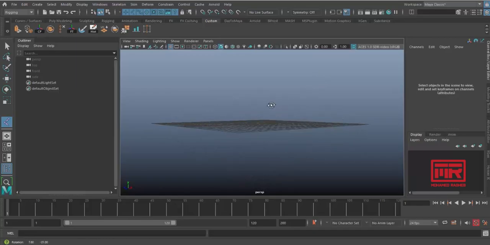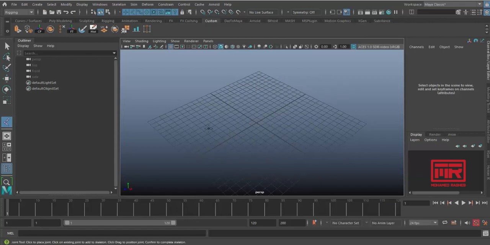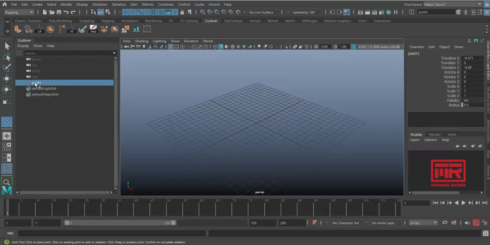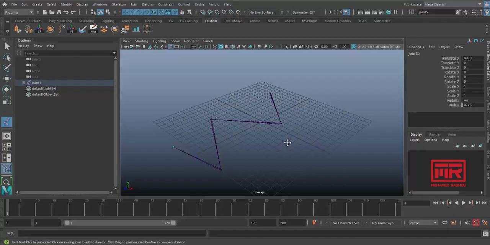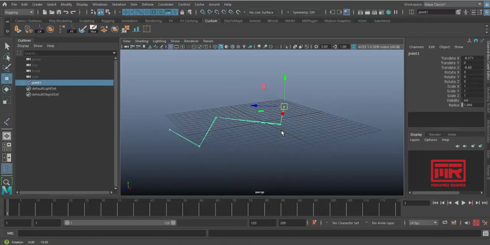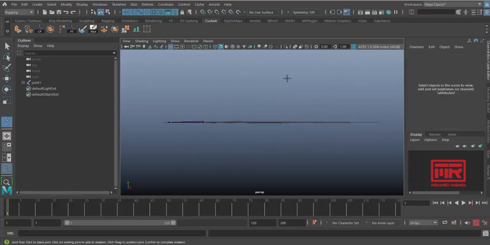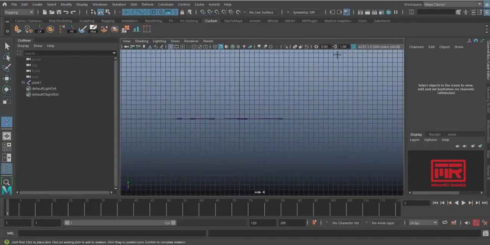Now we have this grid here, so click on it. We now have one joint. If we click another time, we now have another joint, which is a child of the first one. Click. When we finish, we need to hit Enter. If we grab another one and try to click in the air here, we can't create any joints